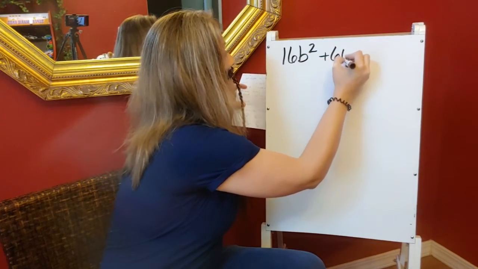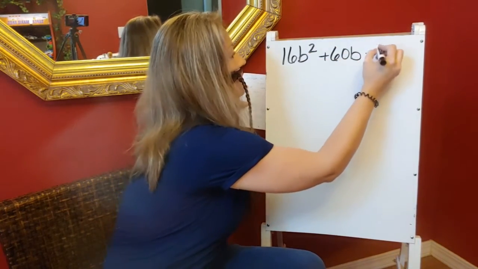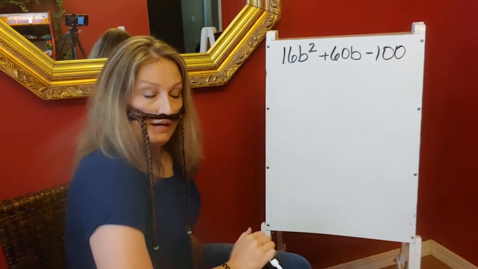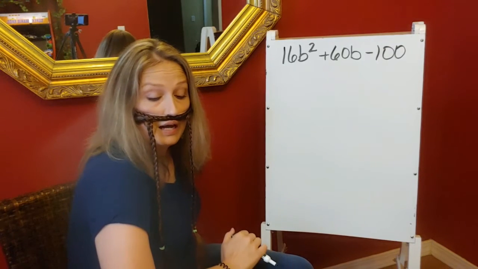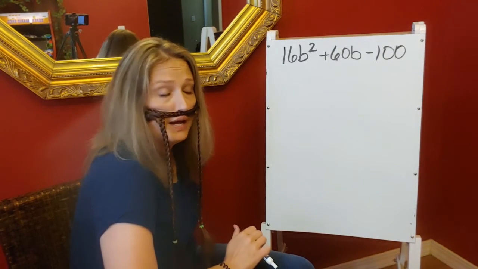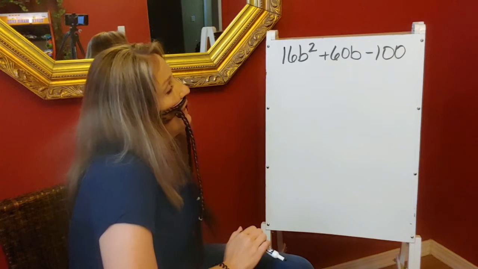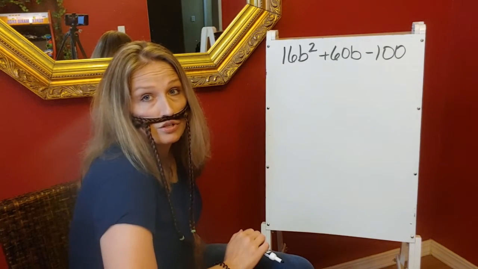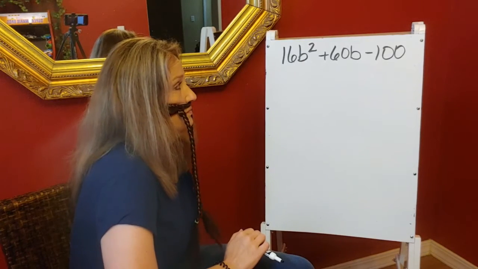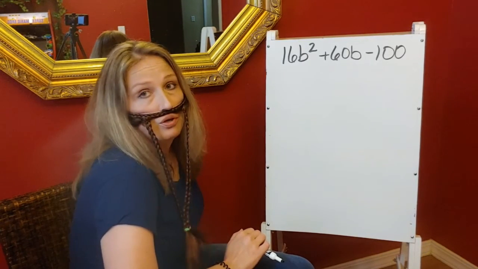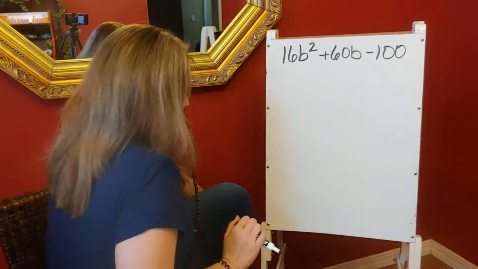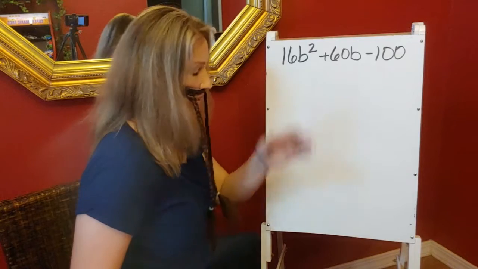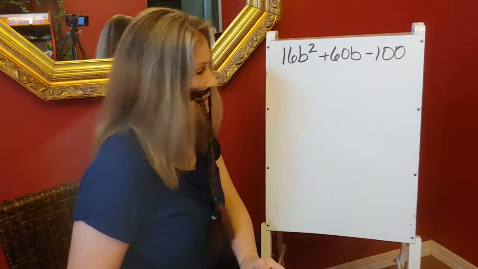16b squared plus 60b minus 100. Okay, so here's where we kind of combine the last 2 days. Because if I look at these terms, there's a greatest common factor in all of them. Okay, 4 will go into all of them. And if you want to check that out on your calculator, see if you have a greatest common factor, you'll see that